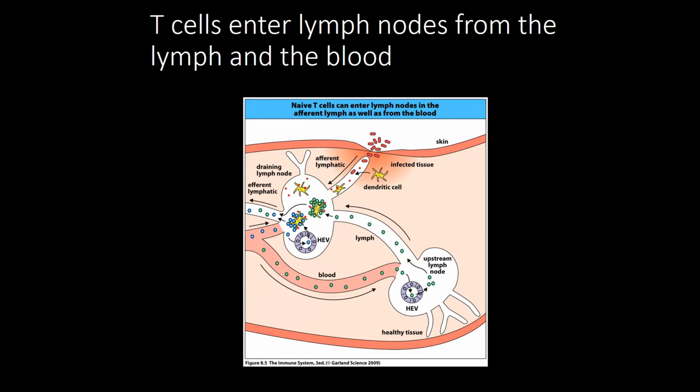lymph nodes. They enter through what we call high endothelial venules, or HEVs, and they will go through and basically interact with every antigen presenting cell, or many of the antigen presenting cells, in the lymph node. And if they don't recognize antigen, they can leave that lymph node and go to the next one or back into the blood. However, if there's an infection and that T cell is specific for something with that infection, they